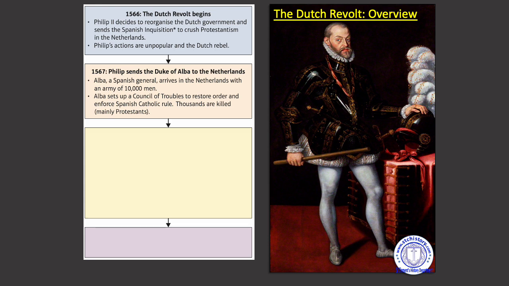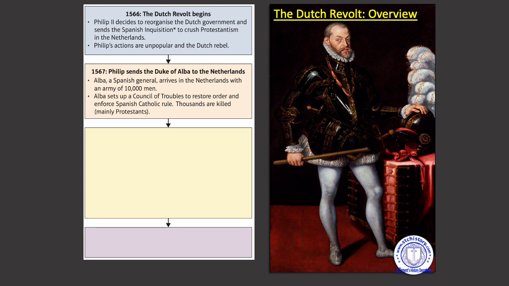The year later, the Duke of Alba goes into the Netherlands, and he takes a Spanish army of 10,000 men. Now, that's a lot of soldiers in the Tudor period. The Dutch haven't really got a chance in hell of defeating them, but they're just putting up a rebellion in the hope that someone maybe helps. So this is 1567, so still in that early period of the strain in relations.